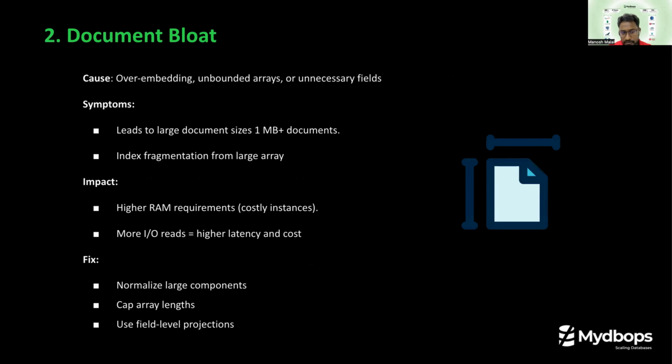Coming to document bloat. Document bloat is different from unbound array. In document bloat, you are adding more and more field information into one document. I'd like to share one example here. I'm running an e-commerce website and I have a book document. I'm storing all comments and reviews of the book inside the book document itself. If it starts with one or two or five, it's good enough. But if you are storing 500 or 1000 comments about the book in one document, it will be